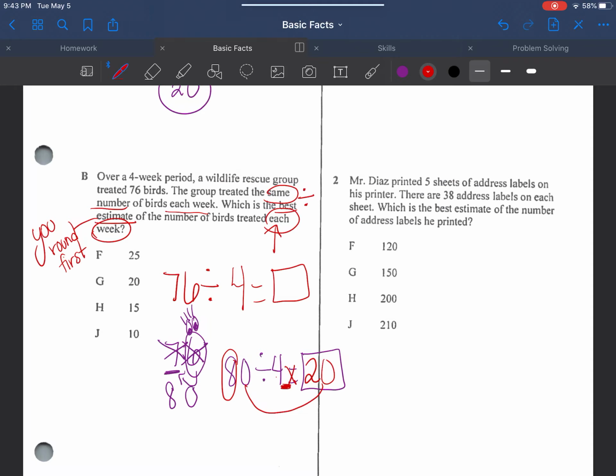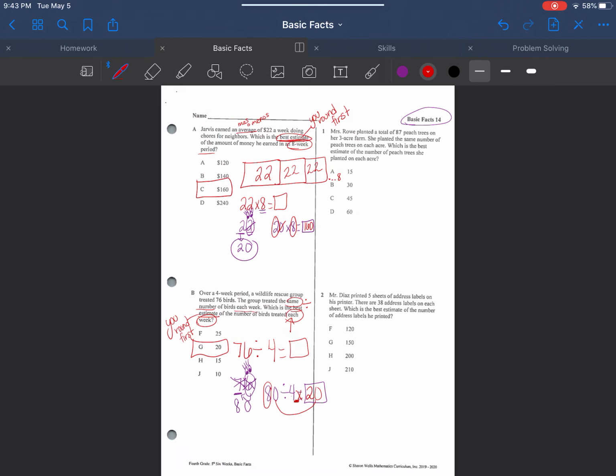4 times what gives me 8? That would be 2. Remember, the 0 did not get married because there's no other 0. So we bring him to our answer. My answer will be 20. So you guys are responsible for